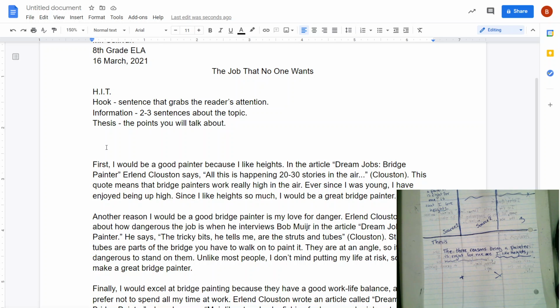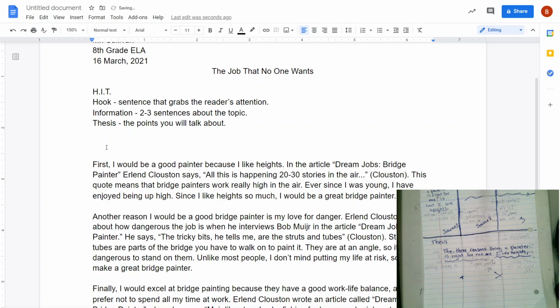You can start with a question. Have you ever thought about being a bridge painter? That's one way to write a hook. You can start with an interesting fact. Bridge painting is a little known job that pays great. Okay, that would be an interesting fact about your